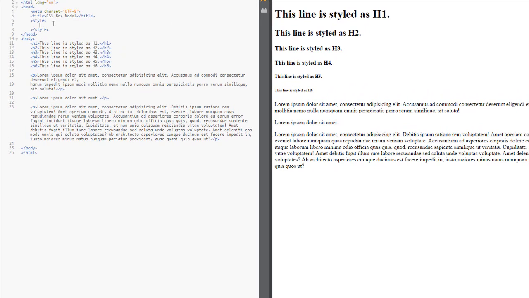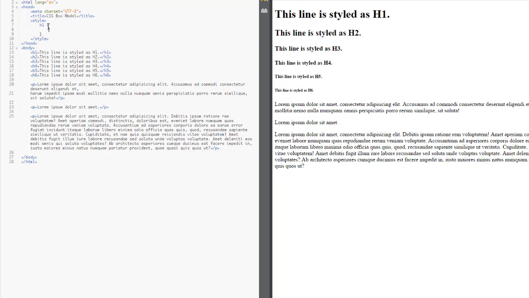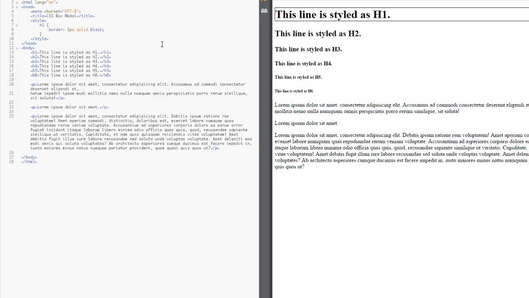I'm going to come over to the style section here in my HTML code, and we're going to create an H1 selector. And here for the properties of the H1 selector, I'm going to put border 1 pixel solid black. Now I hit Control S to save that, and here you can see that this is the border that goes